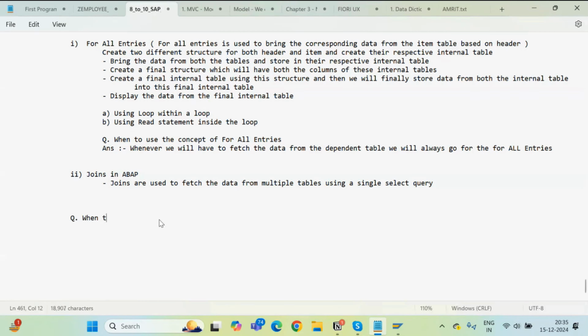When to use for all entries and when to use joins. Think on that. When to use for all entries and when to use joins. So to understand this situation,